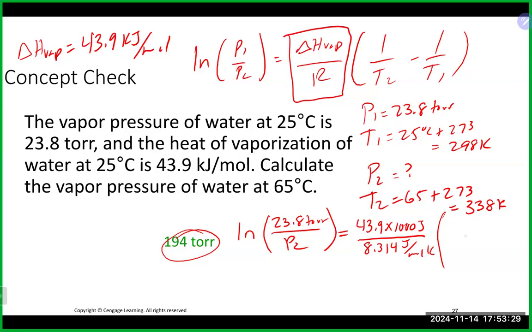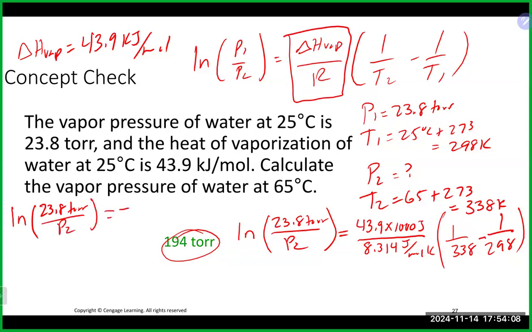We're going to go 1 over T2, which in this case is 1 over 338, minus 1 over T1, which is 298. All right, so we have everything on the right-hand side. So I'm just going to clean up the right-hand side here: 1 divided by 338 minus 1 divided by 298. We'll multiply it by 43.9 times 1,000, and then divide by 8.314. And that's going to give us basically the natural log of 23.8 torr over our P2 will equal minus